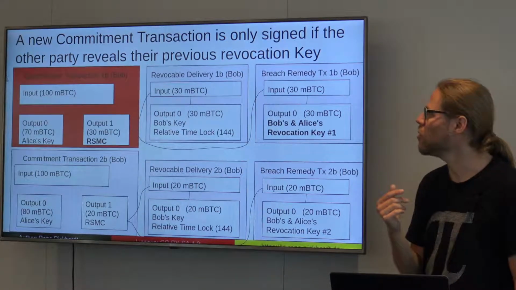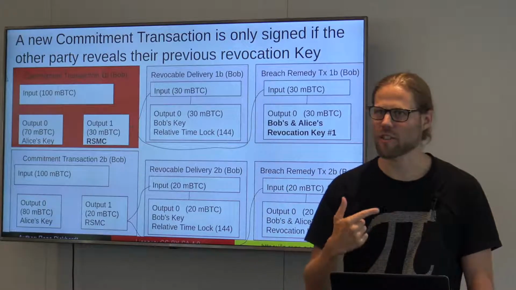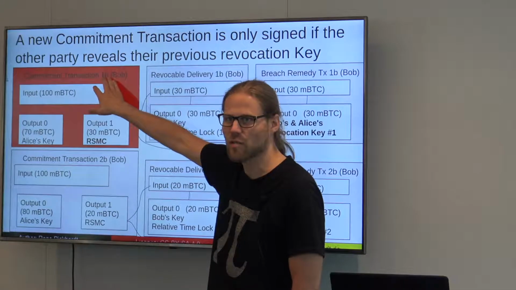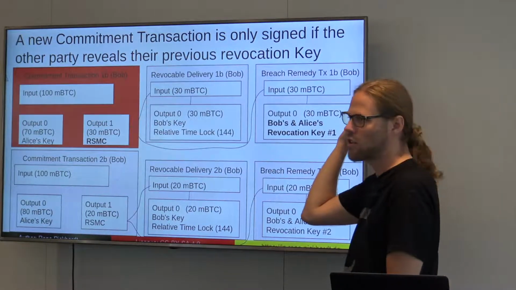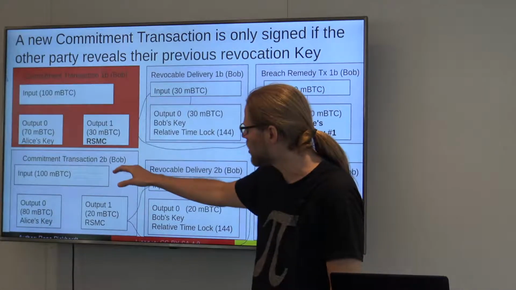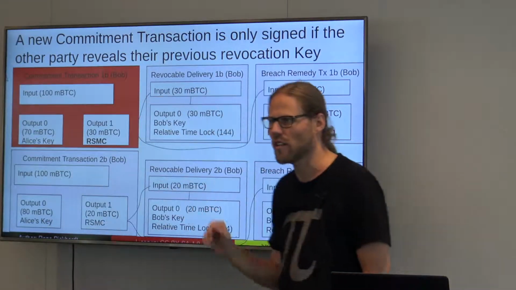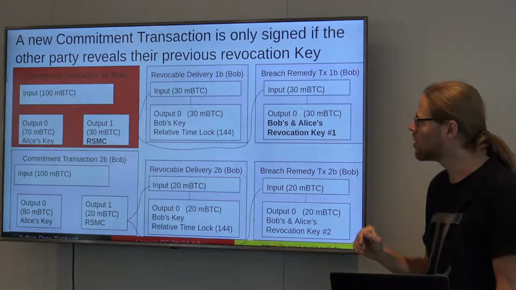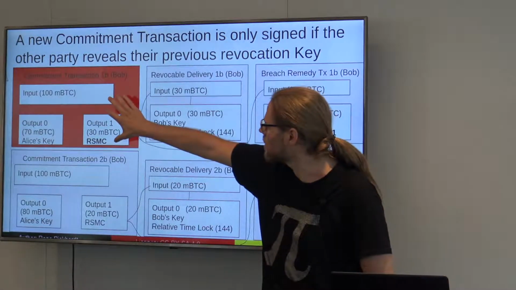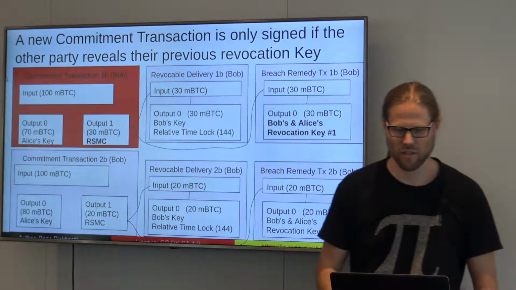Okay. So now what happens if the channel state or the channel balance is being updated, right? So remember, we had the first commitment transaction 1B, and we have our contract, our revocable sequence maturity contract with it. And then we have our second commitment transaction in which Bob has sent some money to Alice. So what I argue is that this transaction should not be published by Bob anymore.